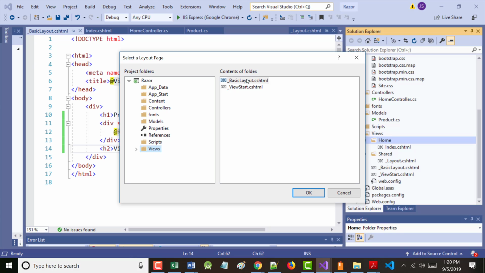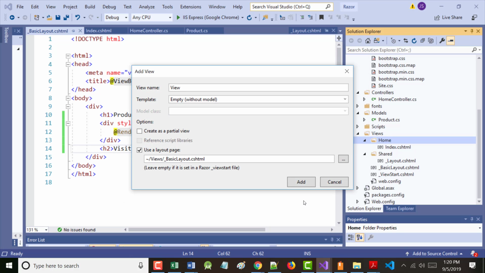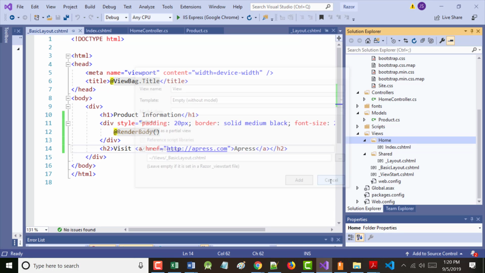So if I wanted to choose that, I'd have to go in under Views, choose this, and click OK. Then notice how it fills it in. You can always do that. We could have chosen underscore layout too. You can always do that if you want to. All right? Or I'm just canceling that. So we're already here. I don't want to go and remove that so I can create it again.